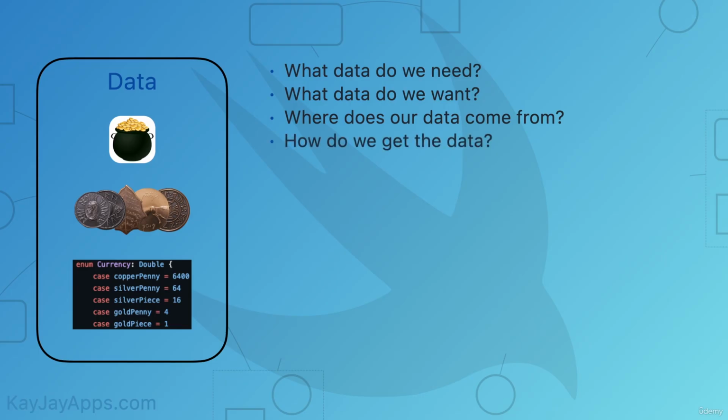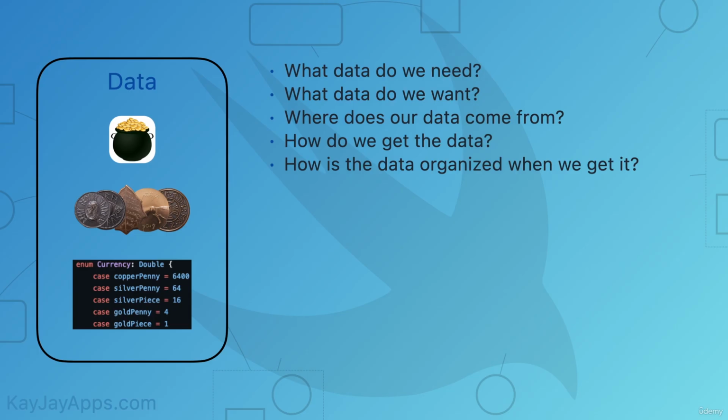Whether we provide it ourselves or get it from someone else, is it going to be included in our app project? Or do we need to fetch it from some online database when the user first launches the app? Or do we wait for the user to take some action in the app and then just fetch that little bit of data that they need right now? Also, what format is the data going to be in? How is it going to be organized when we get it or when we create it? And you know what? There's all sorts of other questions. We honestly don't have time to go over all of them because there's a ton of questions we can ask